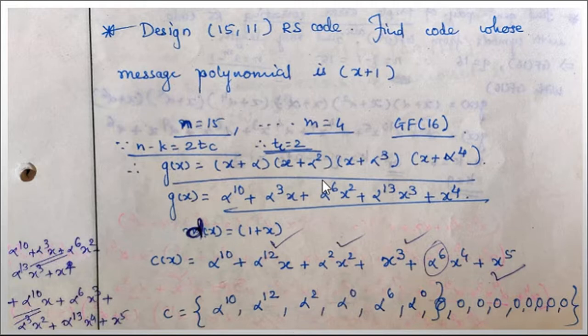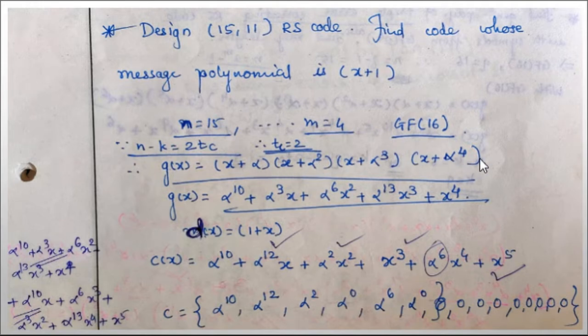I need to refer to the Galois field of 16, because the value of m can be obtained with the expression log of n plus 1 to the base 2. That's why m equals 4. And we need to refer to the Galois field of 16 table